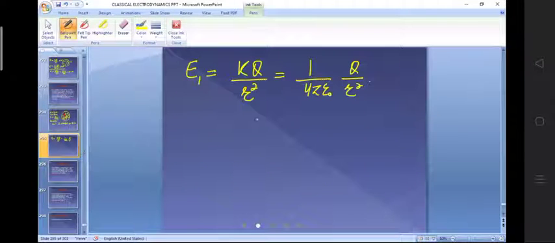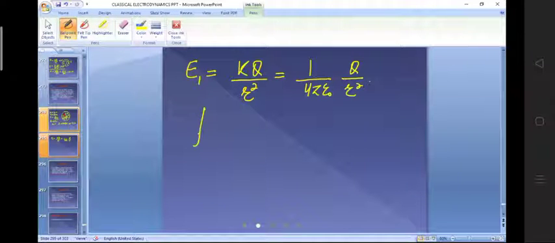Fine. For that I have to go for the Gauss law. Gauss law can be used, number one, when the rho is uniform, and number two, when the rho is variable. But the condition for the Gauss law is that the charge density must be symmetric. It must have spherical symmetry, or cylindrical symmetry, or plane symmetry. We are yet to do the examples of plane symmetry and cylindrical symmetry. We are doing the examples of spherical symmetry only. So I will use the Gauss law.